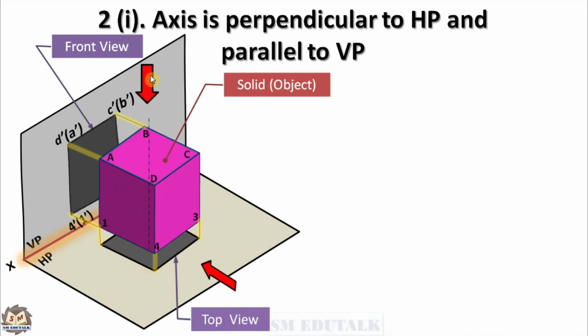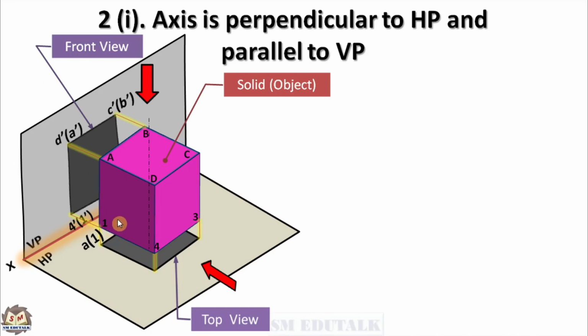When you look at the square prism from the top, you can see the corner points A, B, C and D only. They are visible to your eyes. But other 4 corner points directly under them are invisible. That is, you can't see the corner points 1, 2, 3 and 4. Hence, the name of the square's top left corner should be written as A bracket 1, because here A is a visible point and 1 is an invisible point.